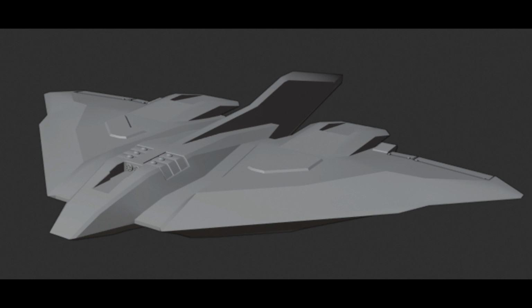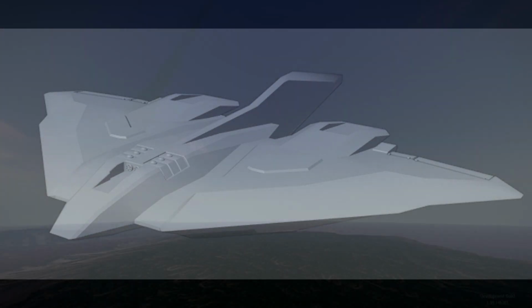Worst case scenario, if we don't get it, we're getting the short sword anyways. I personally like the design of the longsword better, but either one works. I mean, we are getting a bomber either way, so that's the important thing. And then we